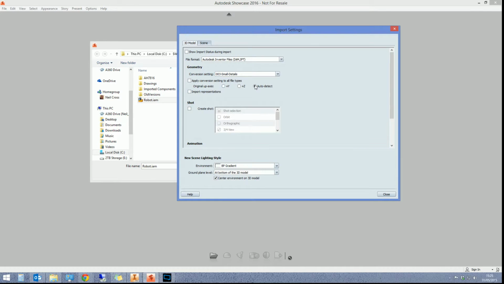For the geometry, for the conversion settings, just select all purpose. Again, I really want to explain what these all are, but time and all that. For the original up axis, select auto detect, and it'll try and detect which way your model should be up, and if it comes in backwards you can rotate it once it's in Showcase, but we're just going to stick